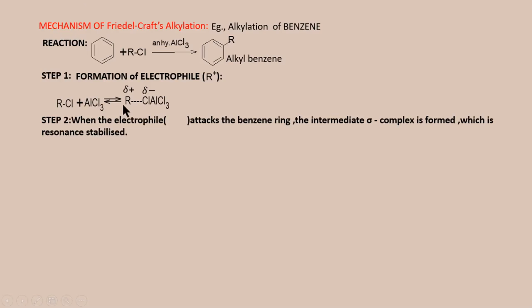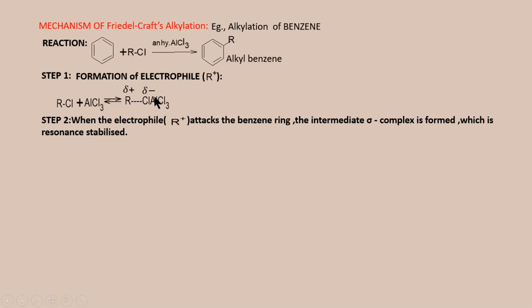Now when you consider here, when RCl combines with the AlCl3, it polarizes and it forms a bond like this. That is, the bond between these two is little bit away from this chlorine. So this R plus carries small positive charge. Since it is starting leaving from R, Cl will carry small negative charge, which will be taking the electron of R also. That is why it is getting small negative charge.